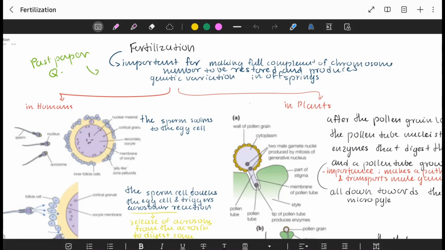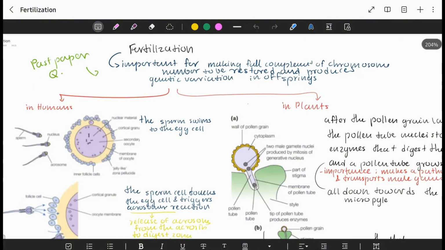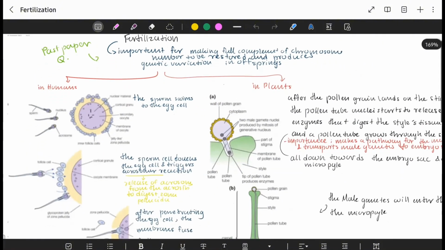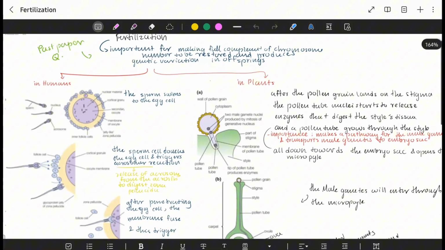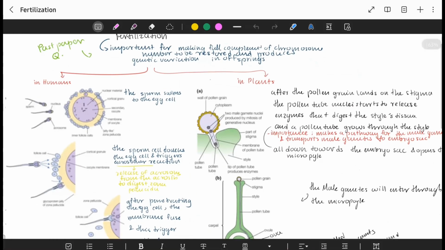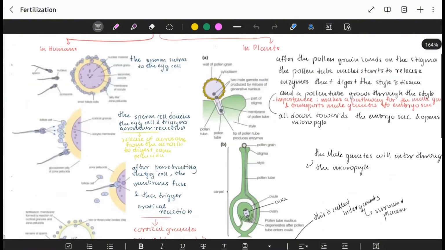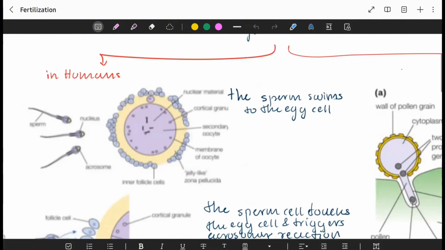So just to keep the number of chromosomes constant, we have two ways: one in humans, one in plants. So let's go to the human one. We know the sperm, with its tail, will swim to the egg cell and digest the